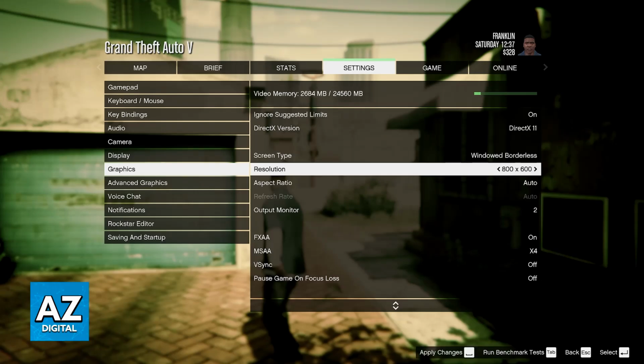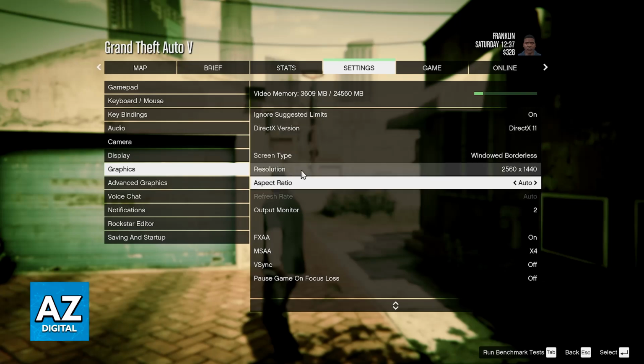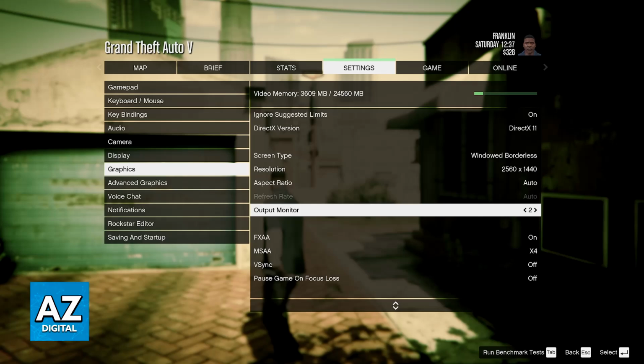Try to find a good middle ground between quality and the usage of video memory. So you will see that the higher the resolution, the more video memory is going to be used. And if you don't have a lot of video memory available to you, then you will have to lower this accordingly. But you don't have to go all the way unless you really need those frames. So I'm going to leave it on the native one that I'm recording on, but you can lower this. Next, the aspect ratio you can usually leave on auto.